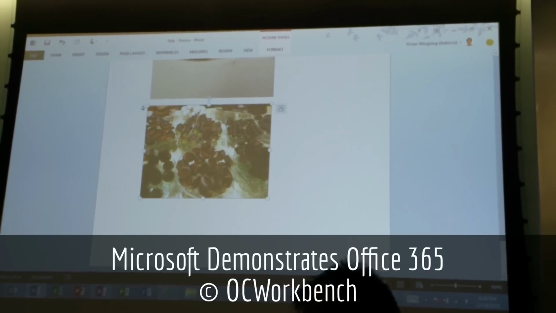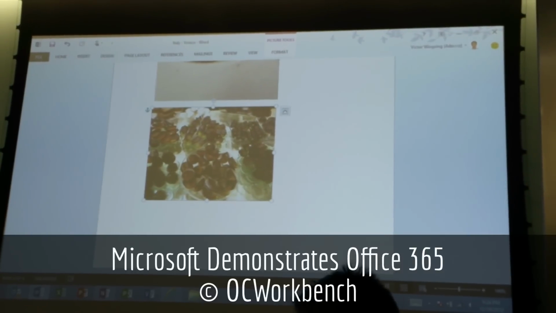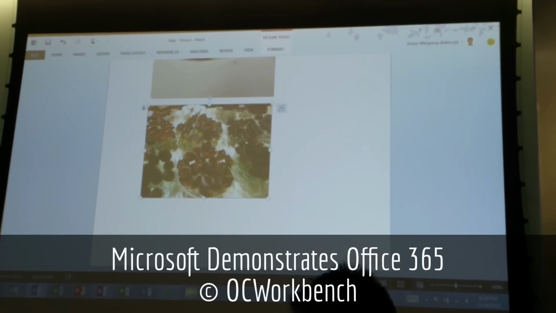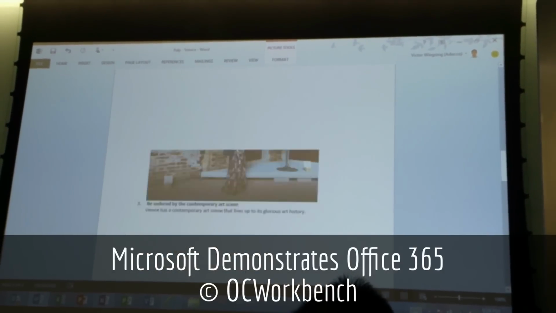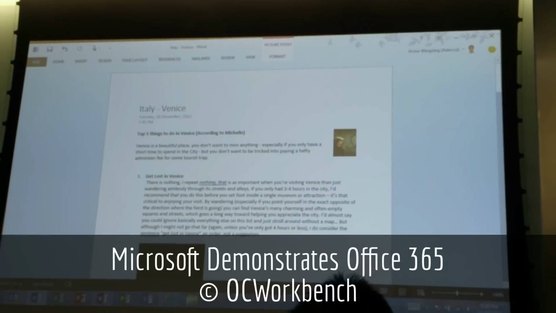It's been replaced. I didn't have to delete the picture. I didn't have to move anything. I didn't have to paste anything. Just have to insert it. So everything looks okay now. I need to ask for Michelle's permission if,